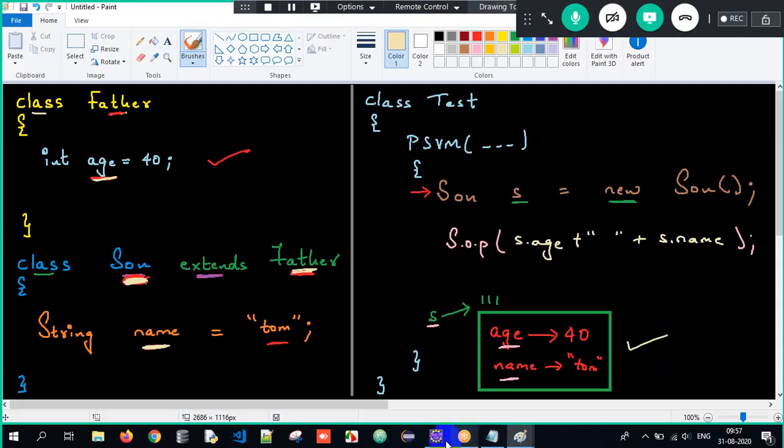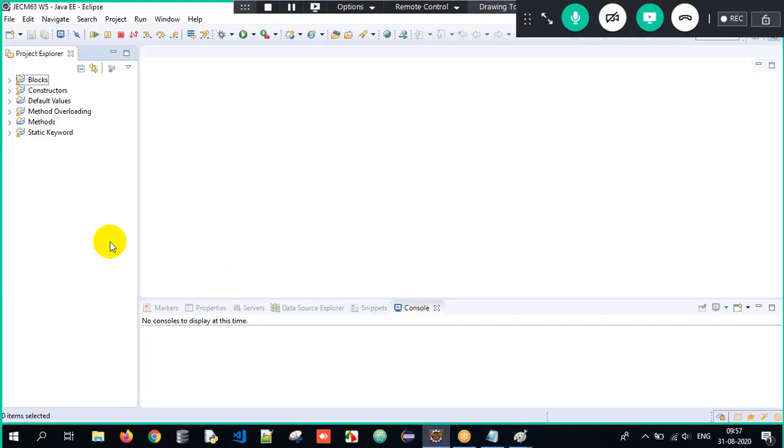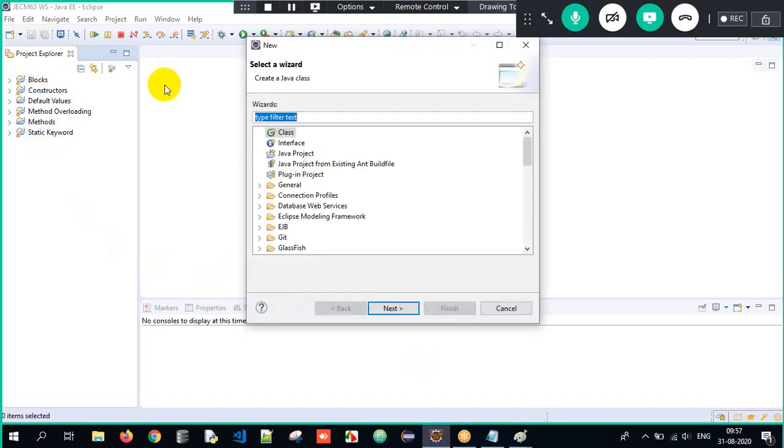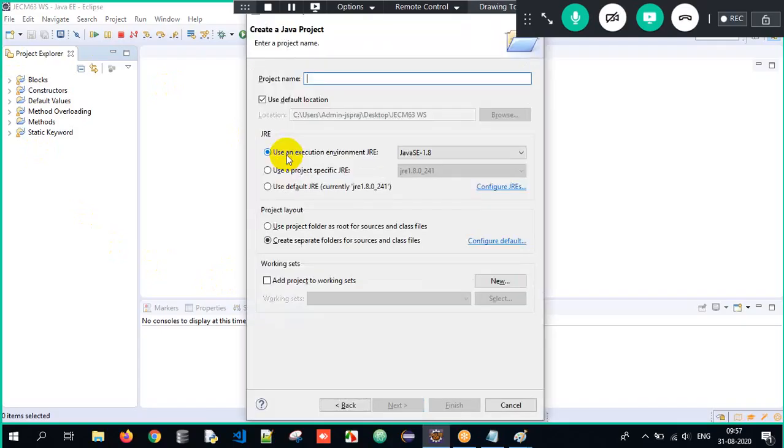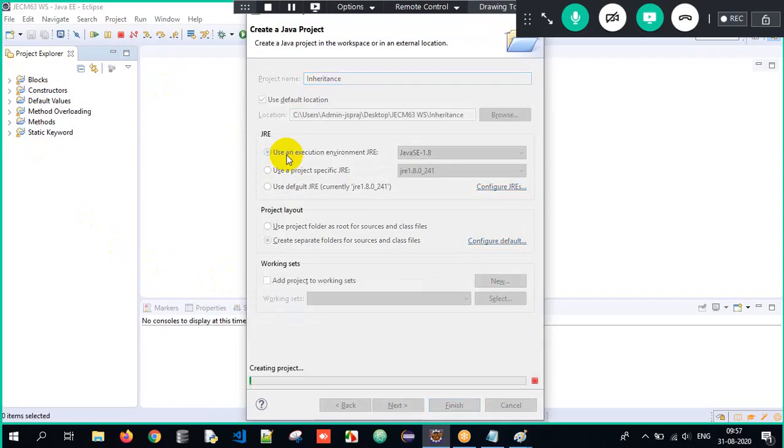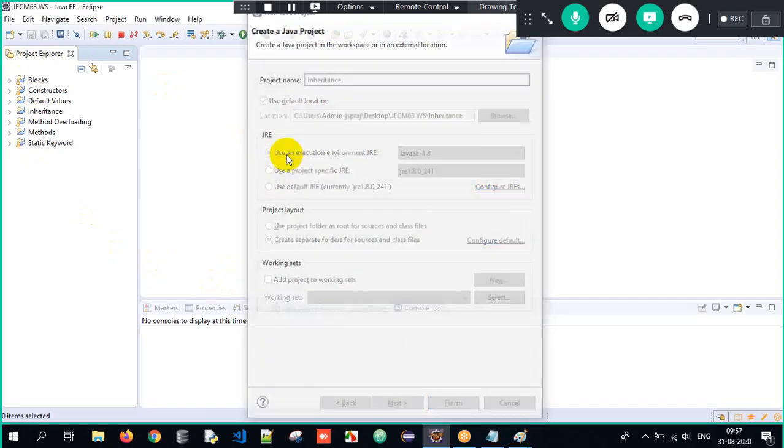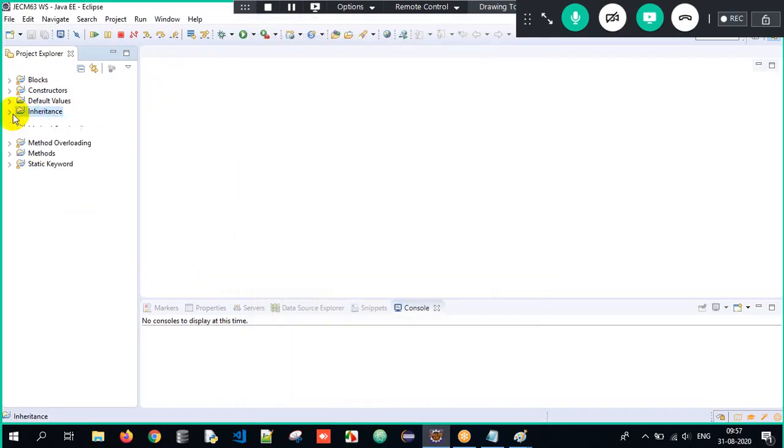Okay. So now here, I will create a beautiful project. And what will be the project name? I will create a new Java project and the Java project name will be inheritance. Okay, I'll just create a project called inheritance. Now, so we created a project called inheritance and then we created a package